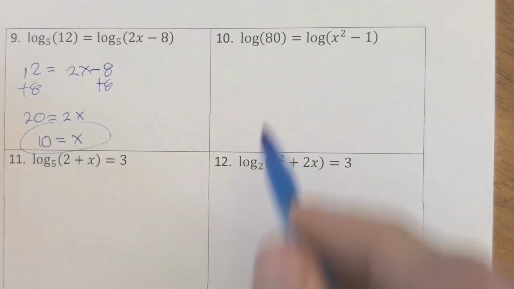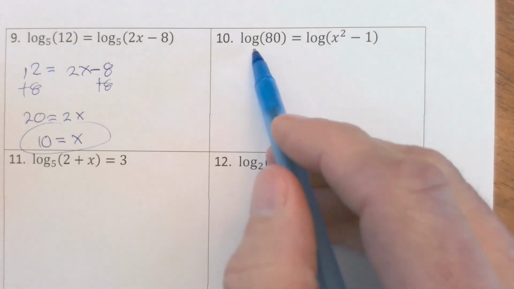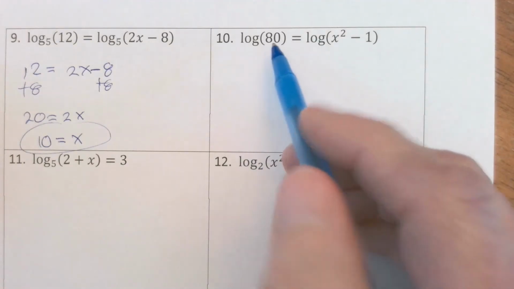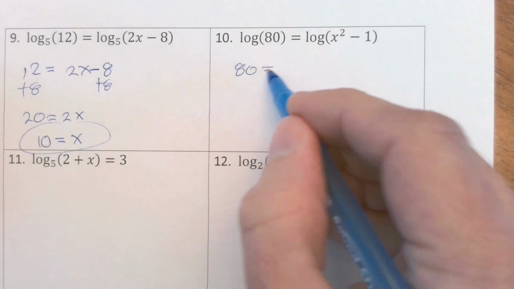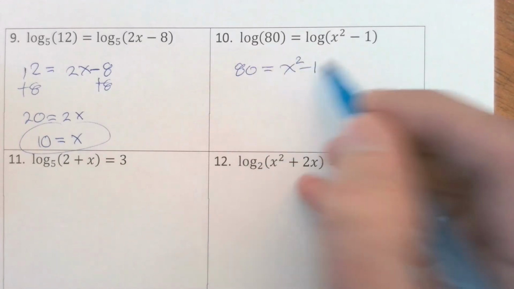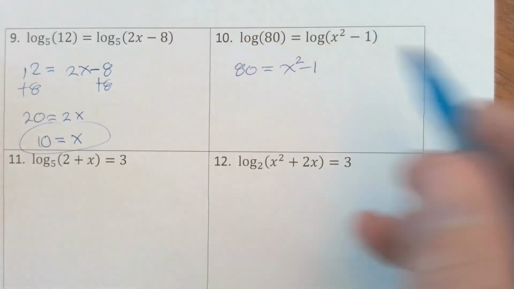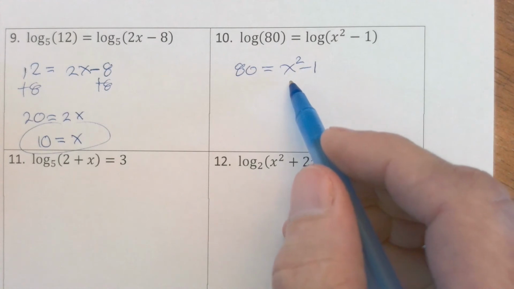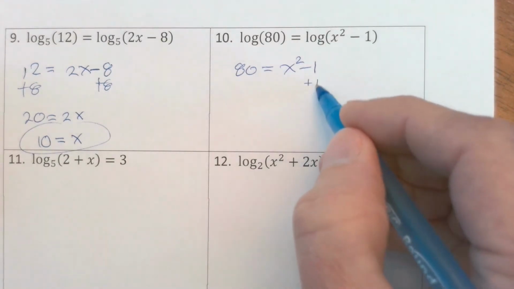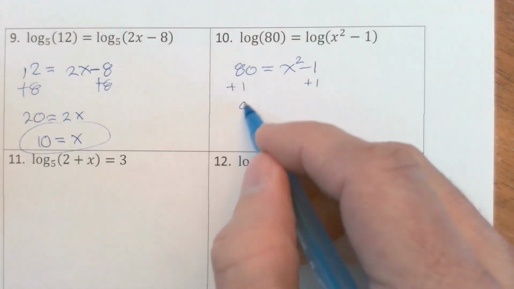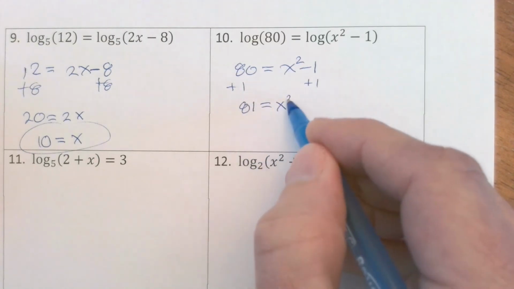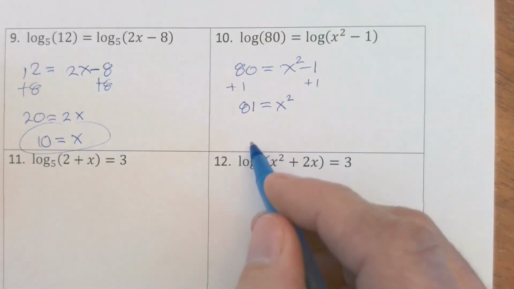This one has common logs. Not base 5, but base 10 logs. And they're equal, so that means what's inside of them is equal. So 80 equals x squared minus 1. I've got x squared here, but I don't think I need to get 0 because there's no linear term. I think the easiest thing to do with this problem is to add 1 to both sides. 81 equals x squared. Take the square root of both sides, and don't forget that the square root of 81